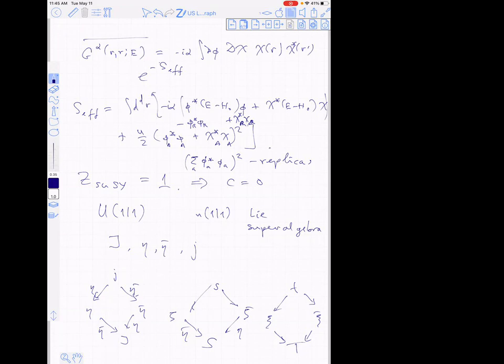Somehow I can look up the references where the statements about the upper critical dimension are explained. I don't think they are phrased in terms of this field theory. I think they're phrased in terms of the sigma model, but maybe one can trace back these difficulties here. Martin, can you say anything about this?